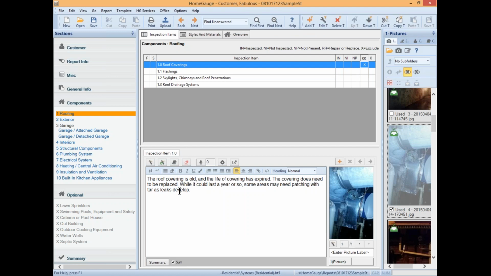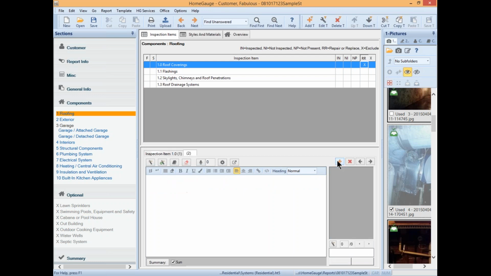If you had more than one problem with roof coverings, so maybe the roof is old, but there's also something else going on, you would want to not put all of that in one comment area. You want to keep that separate so you can itemize your comments when that happens. That's this little plus sign here right up above your picture area. So if I hit itemize, it'll give me a new tab where I can put a new comment. So maybe this time I'm going to type my comment